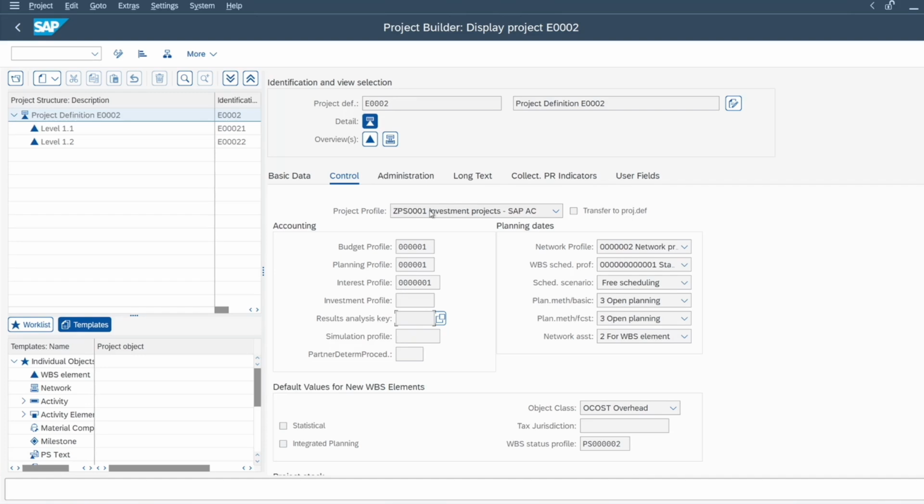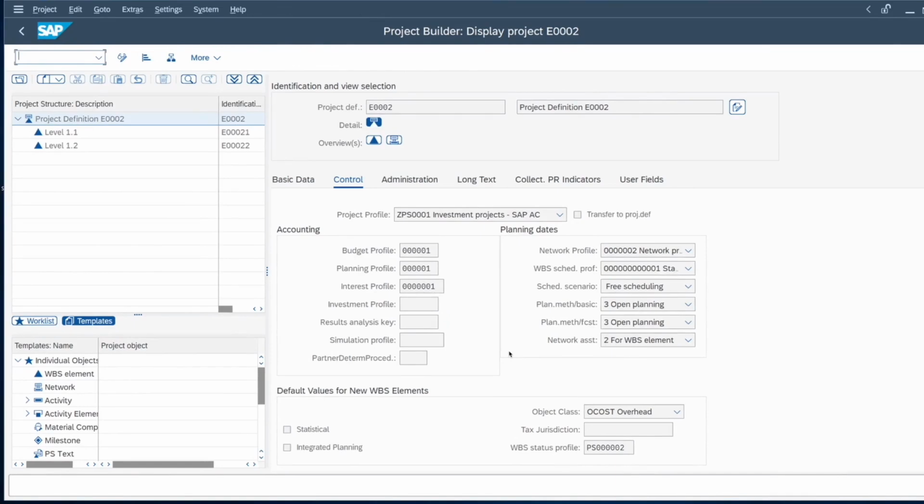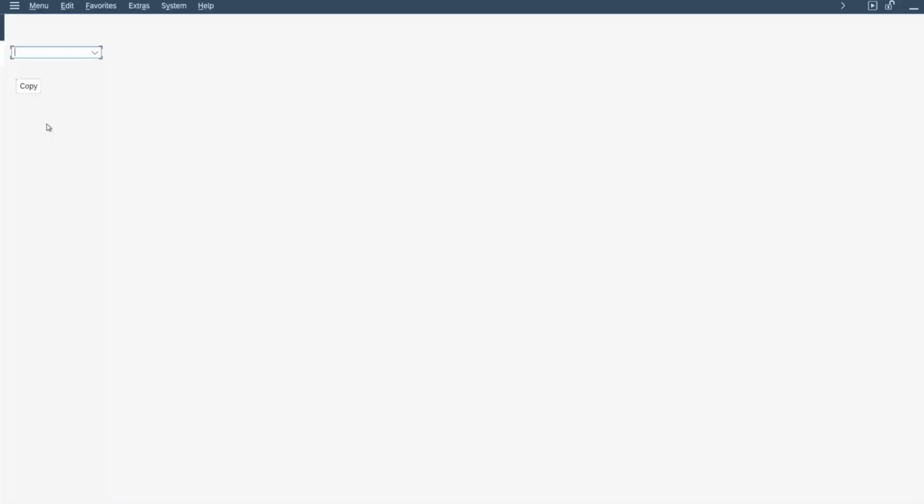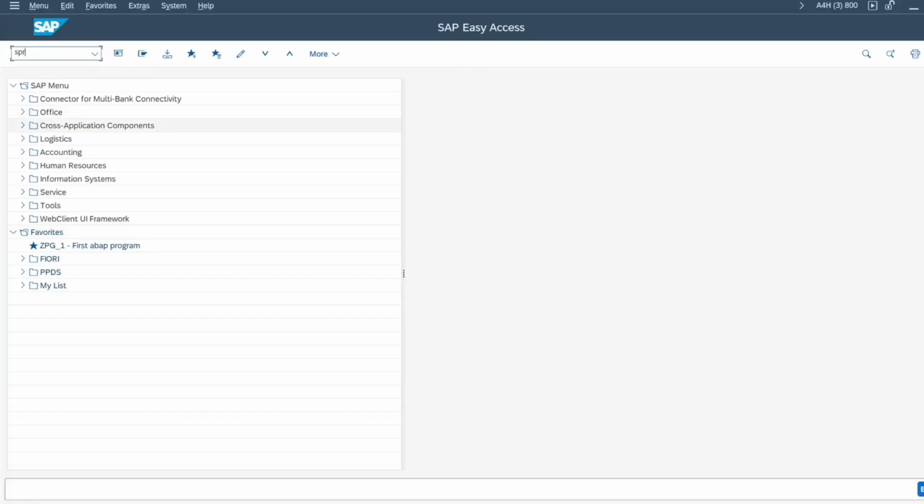Okay, so let's jump to the configuration part of this field selection configuration and see how we can configure the field behavior of all these modifiable fields based on the influencing fields. So let's go to the configuration for this field selection. To go to the configuration, we'll go to SPRO. Let's open a new window. So we'll go to SPRO,